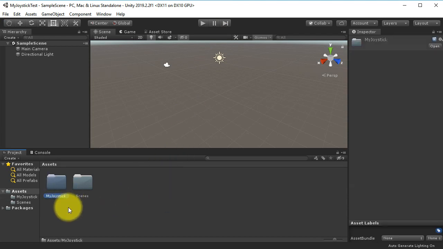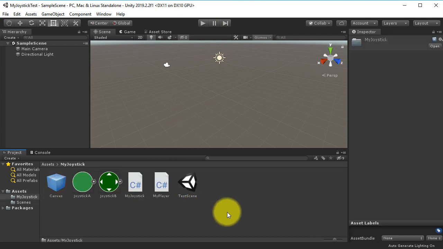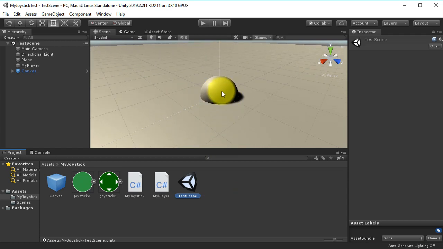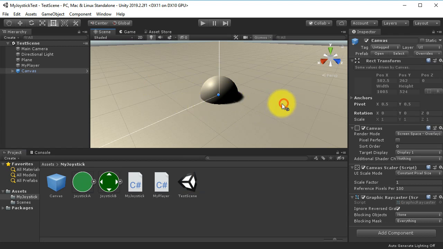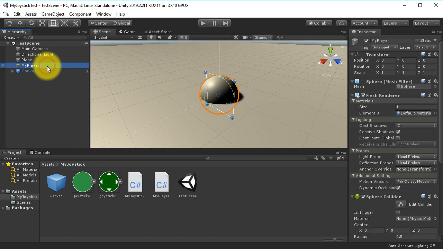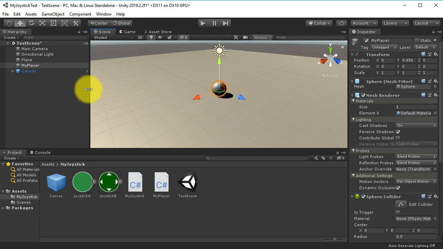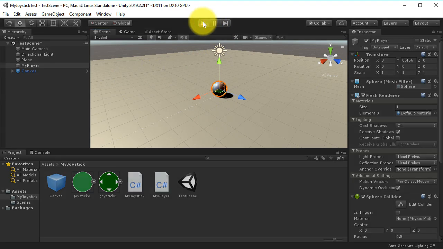Here inside this MyJoystick folder, I've created a test scene. Let's open it. Here you can see a sphere and a plane. Let me drag this player object, this sphere object, upward a bit. Okay, and if you run this game,